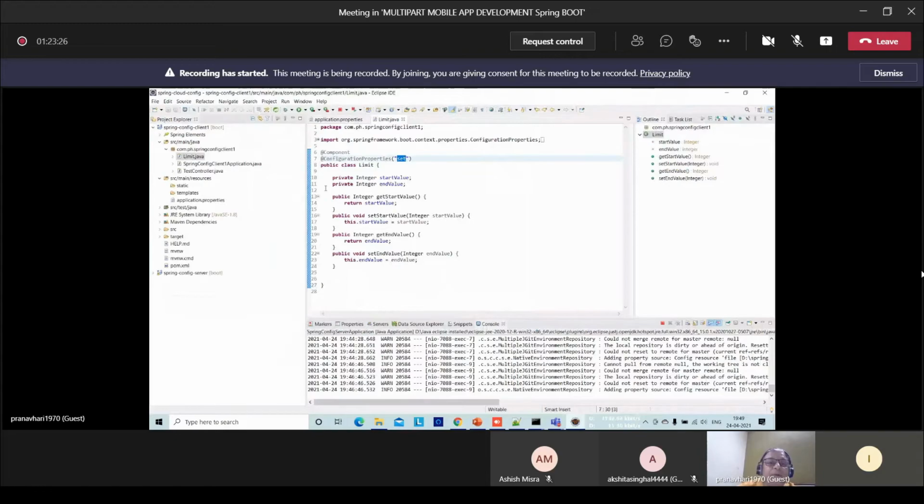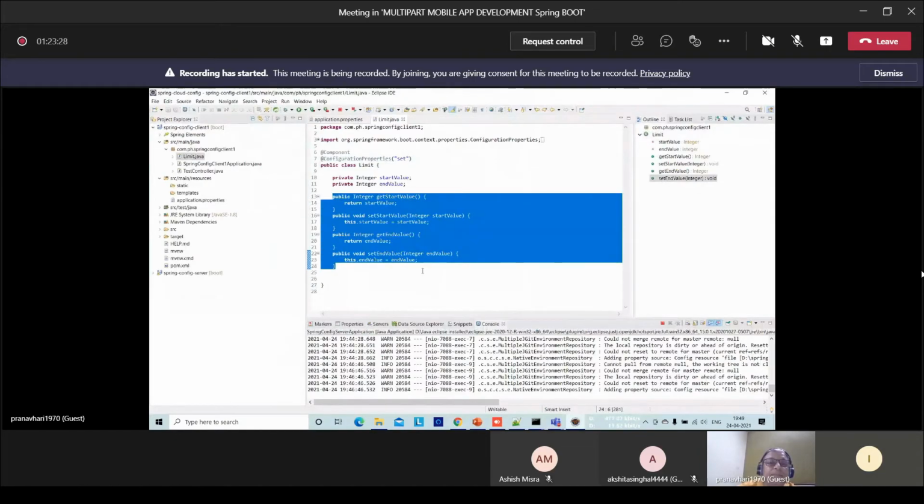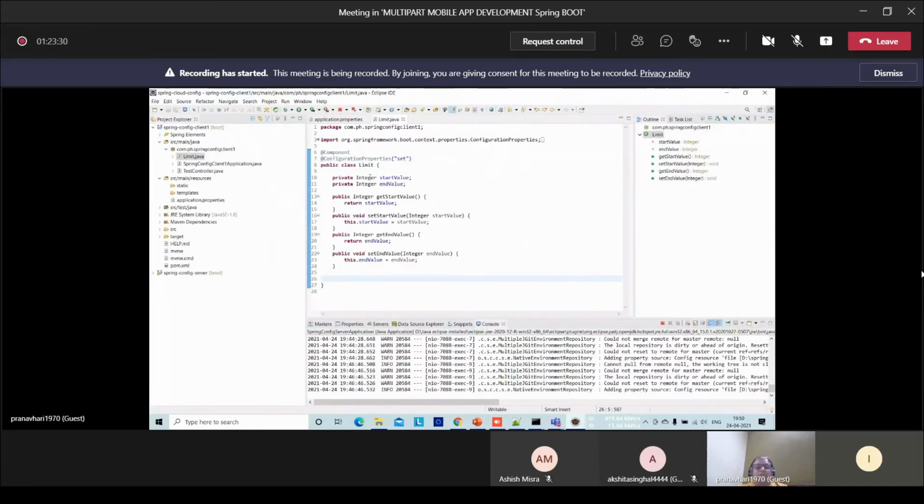Okay. Now, for all this, there have to be getter and setter methods. And because this limit class, as I said, is a bean object which has to be created automatically, we already know that for that we have to qualify it as a type of component. We all know the advantage of the component annotation.